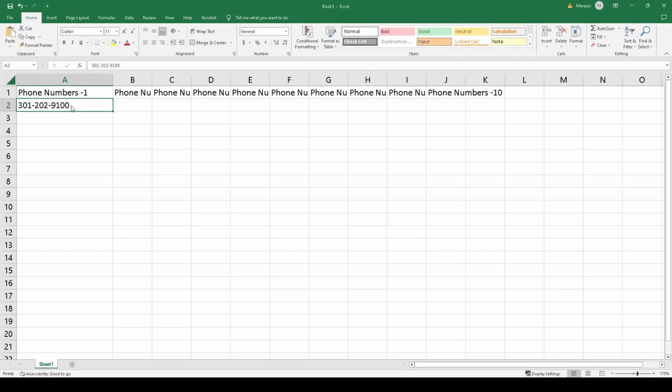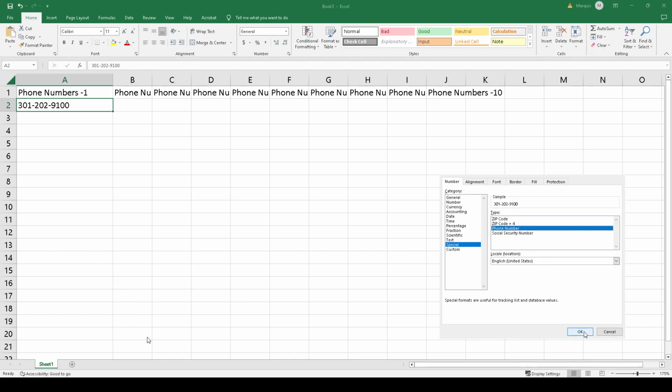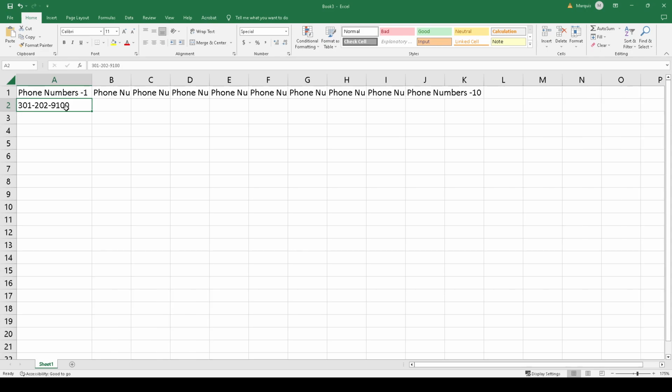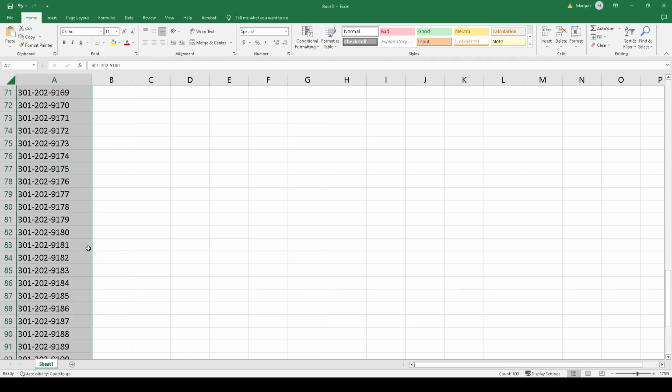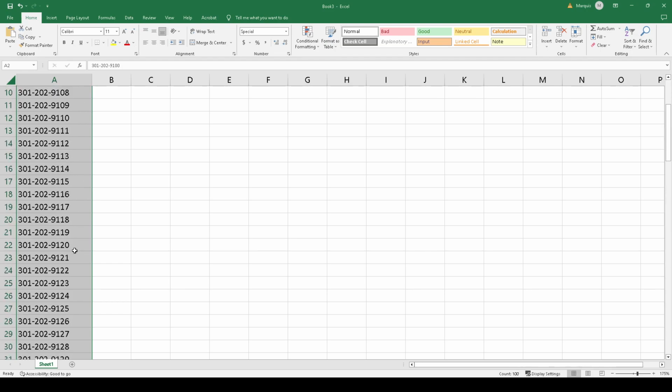So I'll right click here, format cells, and then select special, and then make sure I put phone number. Boom. So now the phone number should keep this format, and then you just bring it down to 101. So from 9100 to, so you can see it goes in order, to